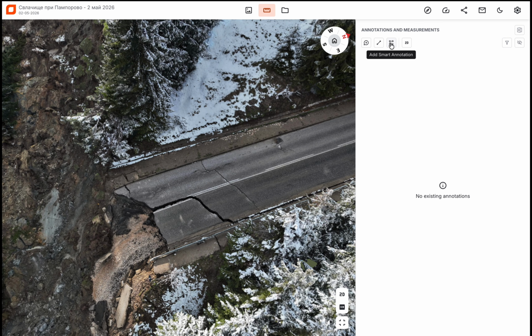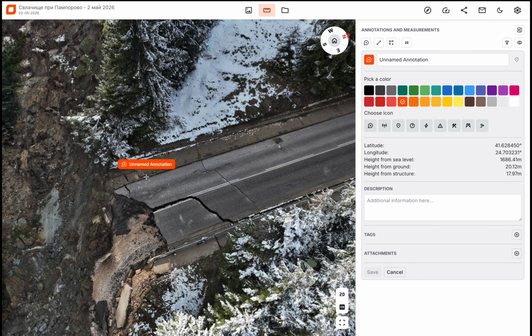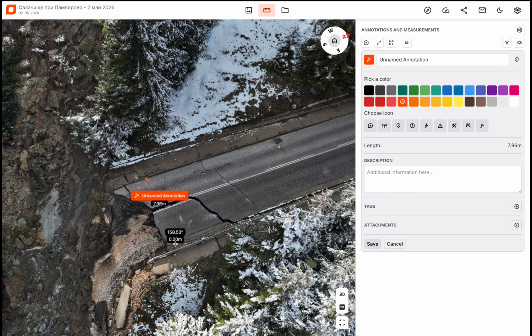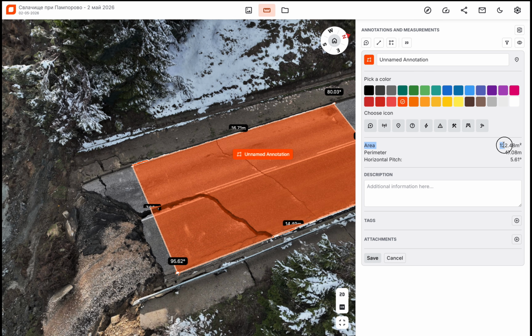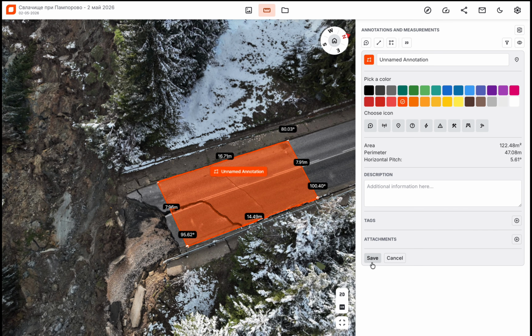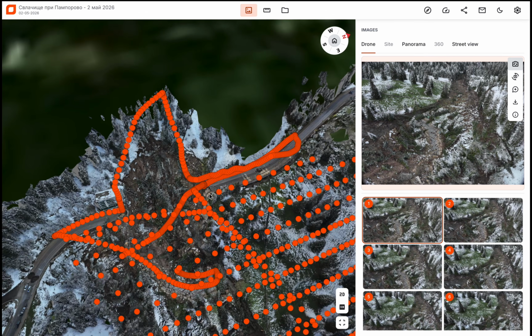We go to add smart annotation, and if we want to measure the road, let's say from here, we just select the area we are interested in, and then we can see exactly area 122, perimeter, horizontal pitch. Then we can go ahead and save this measurement, and we can also go to the images, and here we